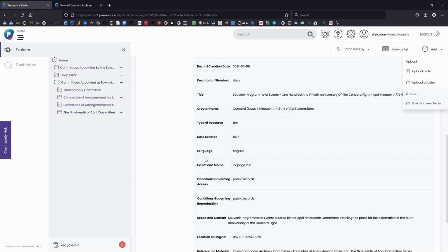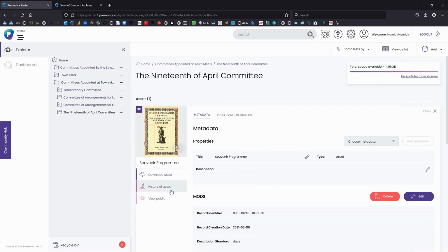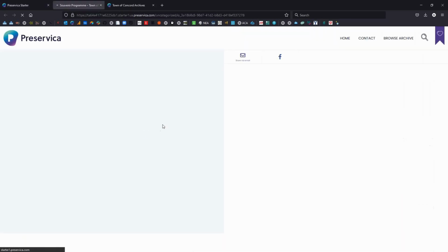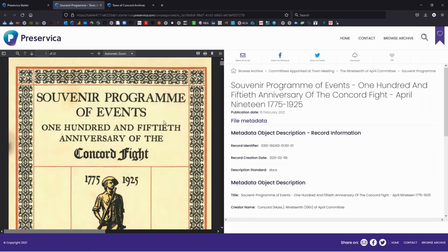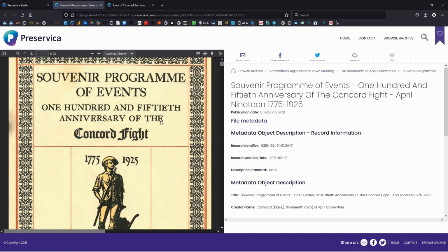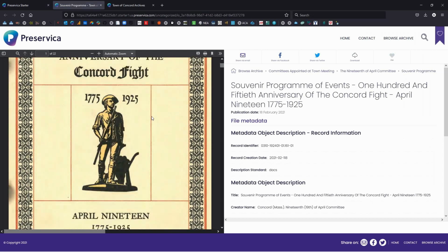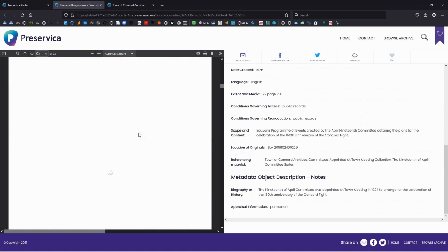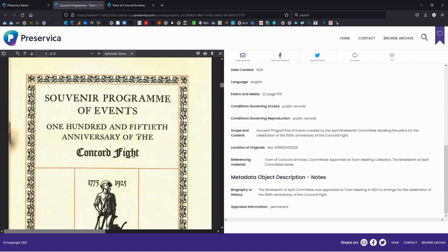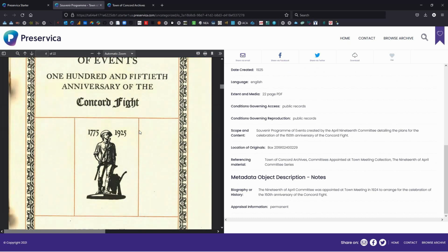Once the document is added and the metadata is added, we then use Preservica Starter to make sure the asset is public, and then we'll go to the portal to double check that everything is showing correctly. So this is a souvenir program of events that was created, and you can see the metadata here. This was something that many people had asked us about as we get closer to 2025, and they start planning